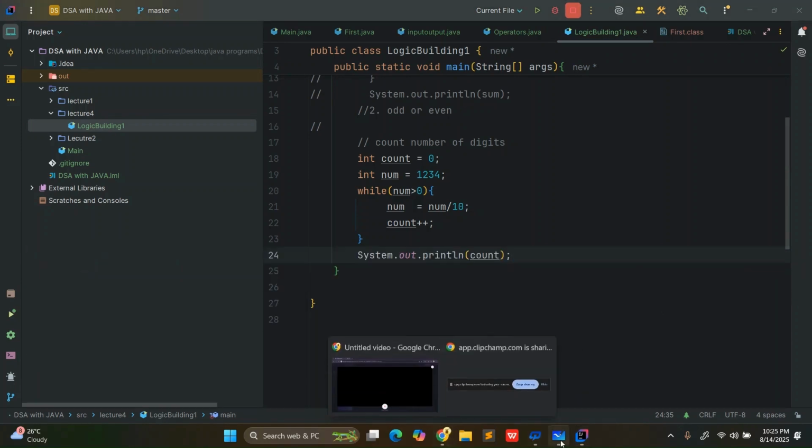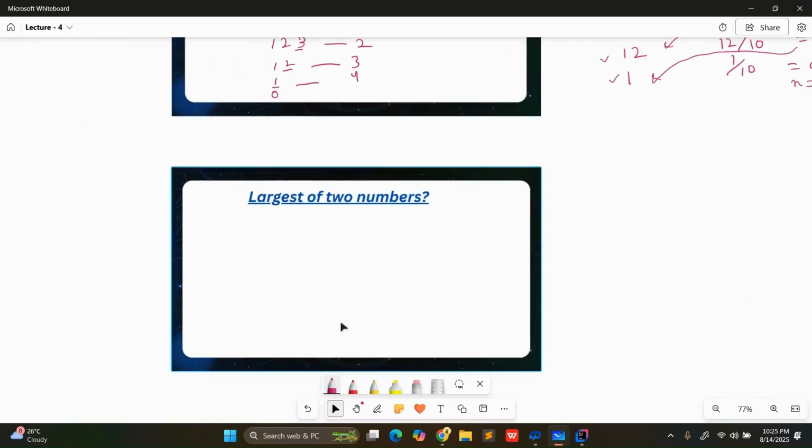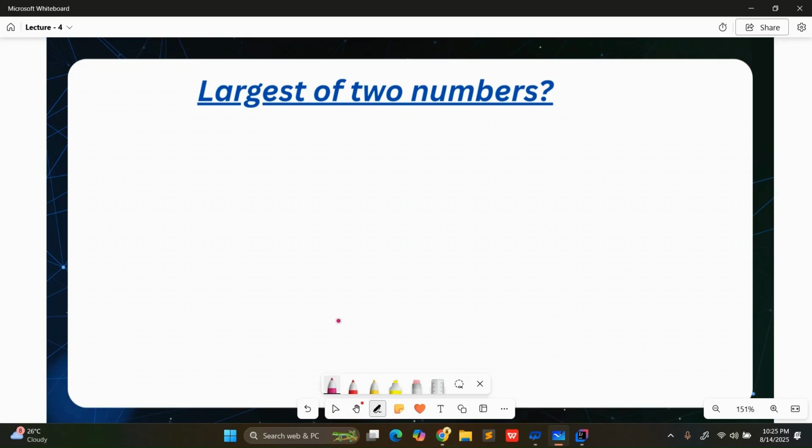Let's see another question, largest of two numbers. It's very simple. You are given a is equal to 5, b is equal to 7. You need to find the largest of the two numbers. So you can see there are only two numbers here. We are using if: if a is greater than b, then a is the largest,